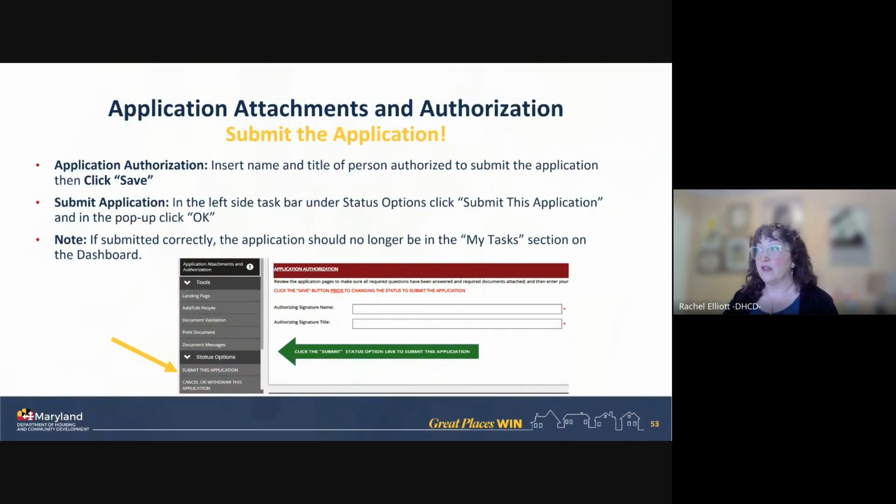Once you have quick save, it will go back to your original page, that's your document landing page, and it will say in the status, application submitted. If it doesn't say that, you need to figure out where the errors are and how to make sure your application gets submitted. Once it's submitted, it is now with us, and you cannot go back and change it again. And that's it. And you've written an application. Good luck. No, not good luck. Let's ask questions, everybody.